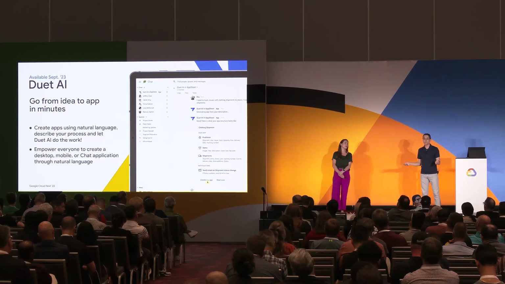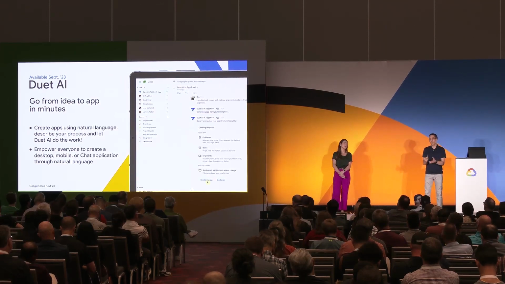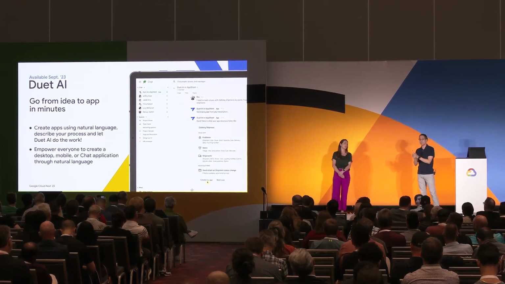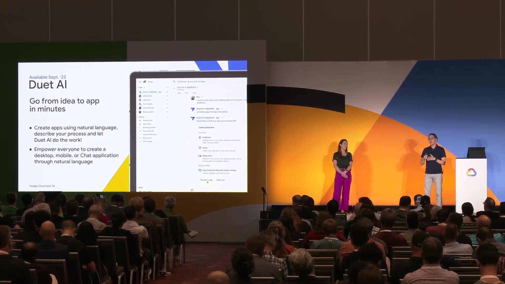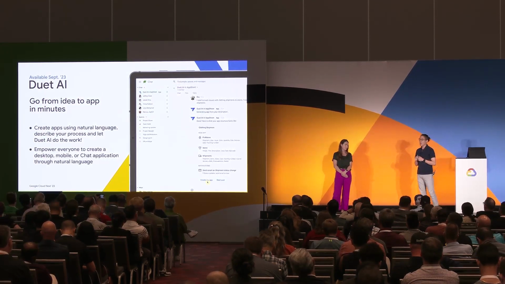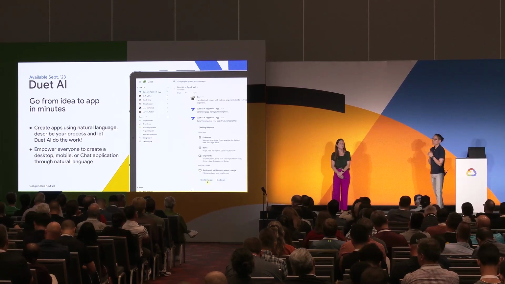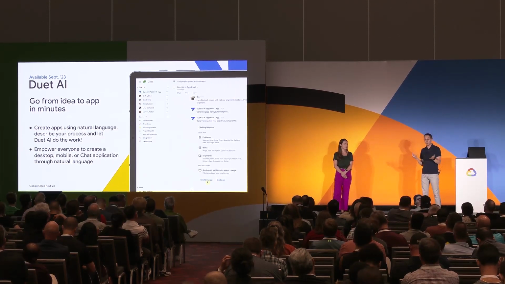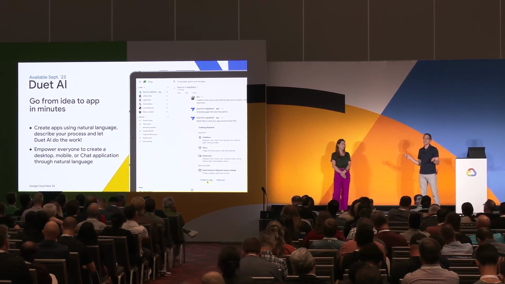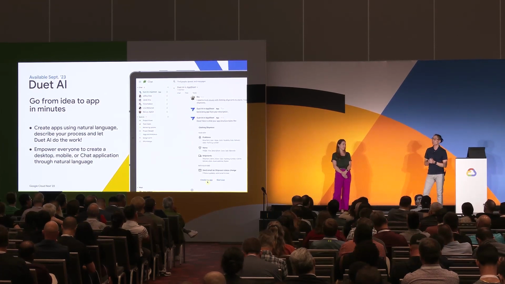So it's pretty simple. You start with a description in your own words of the process. You have probably a couple of clicks. We're going to see that a little bit later, and maybe a few questions to answer. And you get to an app within minutes. So this is starting to roll out in a couple of weeks, and it will be available to all Workspace customers with the core AppSheet licenses. Very exciting. Okay, as I promised, we will get to that demo in just a minute, but before we do that,